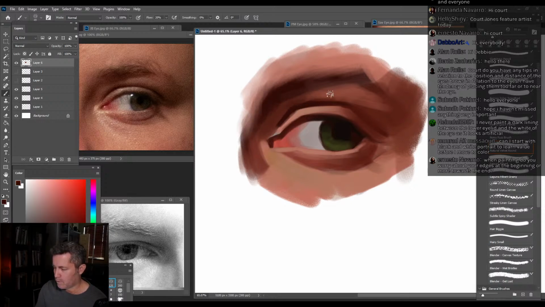Got some questions coming in. Sure. I have one from Murad wanting to know, can I start with black and white to learn value before I move to color? Oh, definitely. That's always a good way to go. Only move into color when you're ready, and don't stress about it. If you can do really good value paintings and value studies first, that will help you immensely when you